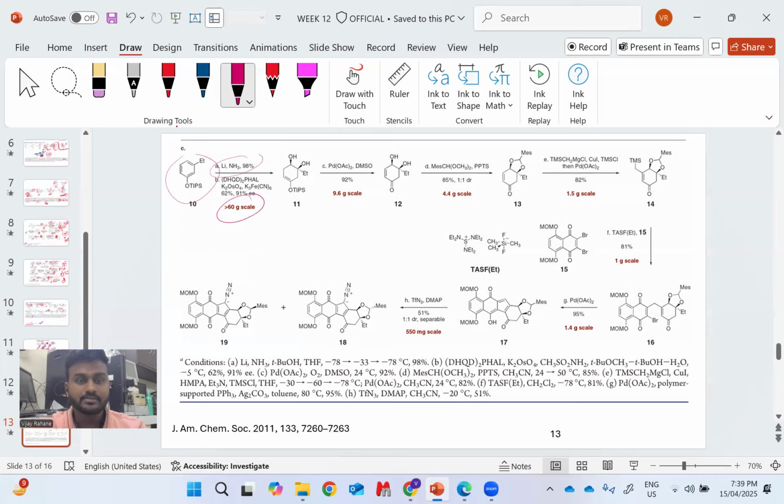On the 60-gram scale, the first step was the Birch reduction that we already saw, then the dihydroxylation to get this product. Then obviously the TIPS deprotection and formation of the double bond. Further, the next step is the dihydroxy protection, followed by the nucleophilic attack at the beta position of the